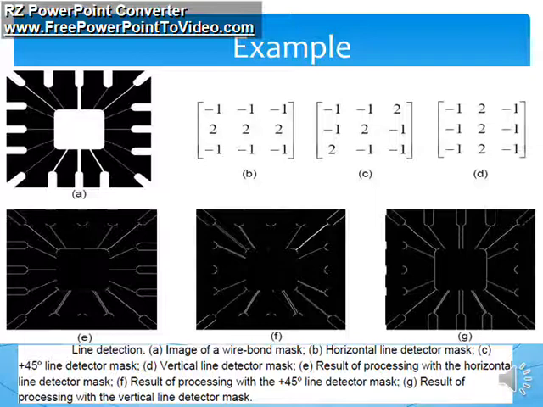So here we can see from these three masks, we are getting either the horizontal edges, the vertical edges, or the diagonal, plus 45 degree angle edges. If we combine all of them, we can have the exact edge of the image. So this is an example. We have to see this example very carefully to understand the use of the diagonal, vertical and horizontal masks to detect the line. That's why this is an example of the line detection technique.